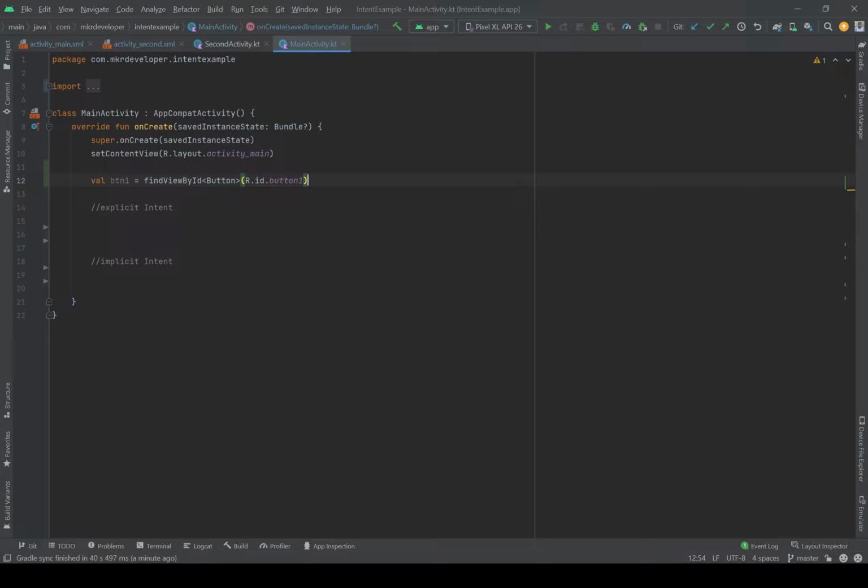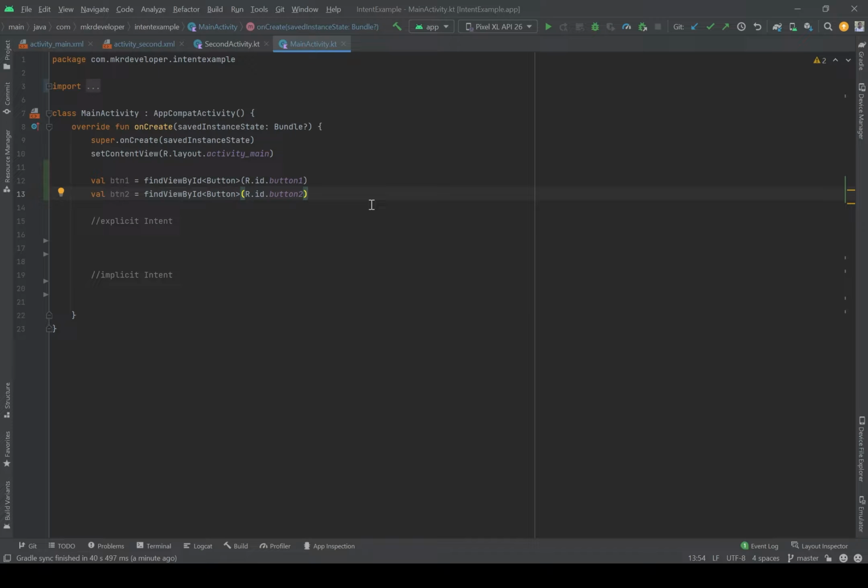By pressing Ctrl or Command and D, I will duplicate this line of code for the second button,